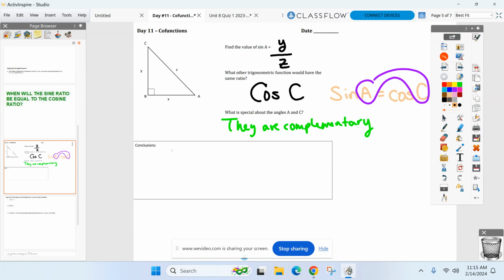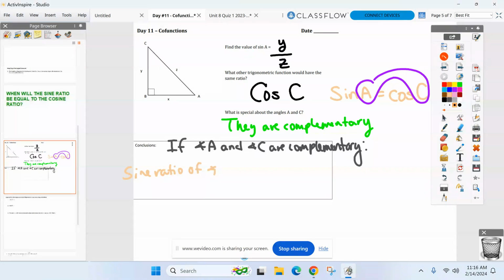If, and I'll stick with the same angles we just used up here, if angle A and angle C are complementary, and again, I could substitute in any letter for A and C: angle X and angle Y, angle B and angle D. I could substitute in any letter. If they are complementary, the sine ratio of angle A equals,